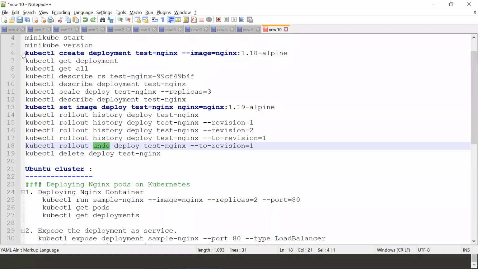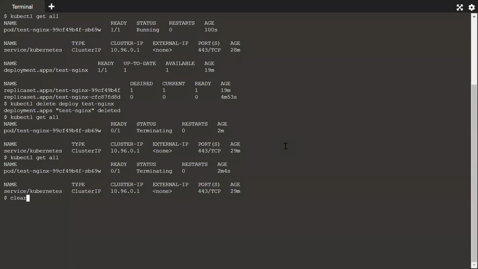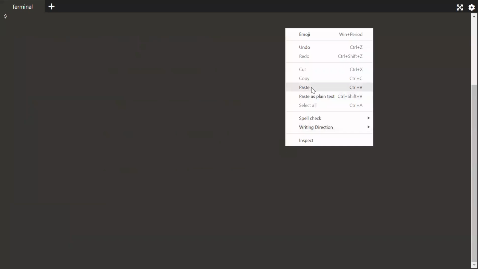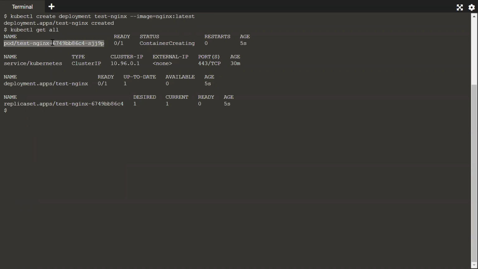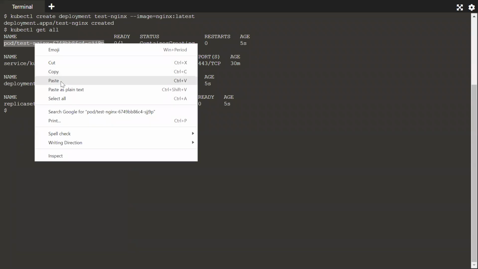this is what I was running, right? So let me say I'm running Nginx latest version. Latest. So the deployment has been created. If I come here and say kubectl get all, I can see a pod got created, a deployment got created, a replica set got created. But if I go inside the deployment, or even inside the pod, let me say I want to go inside the pod, copy